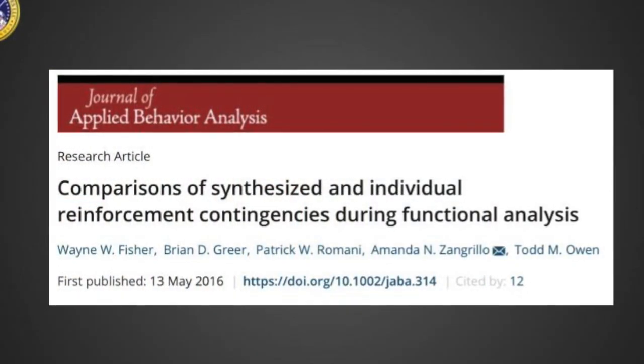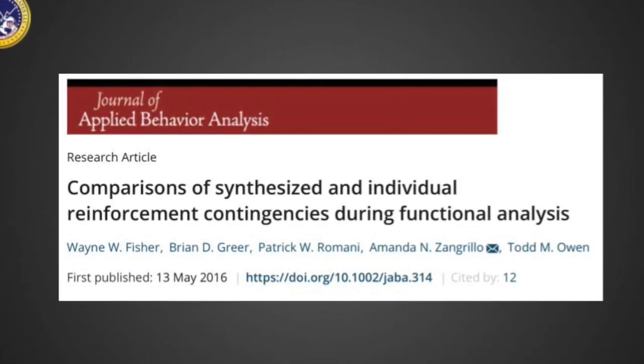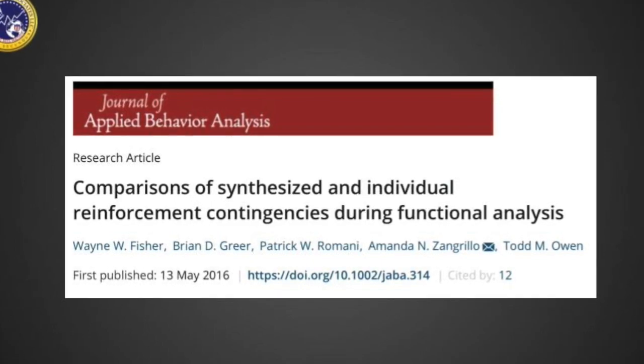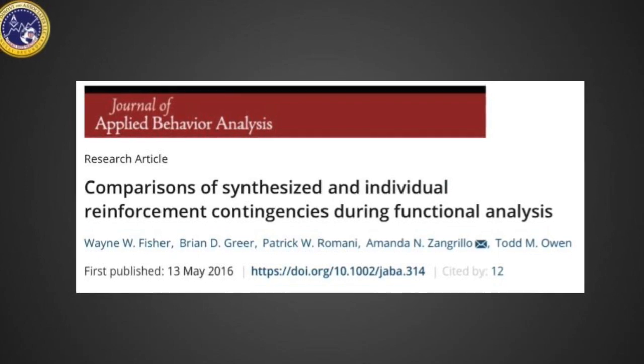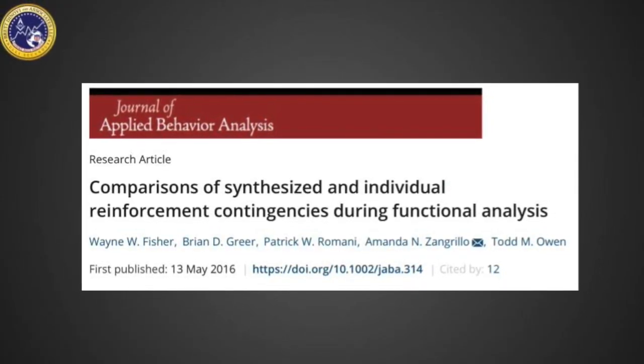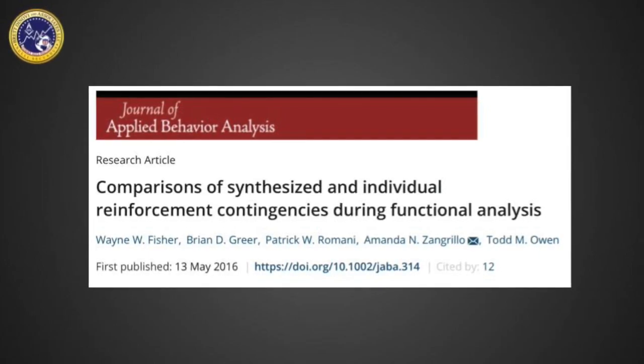Many would argue that this goes against everything we've been taught regarding functional analysis. Or you're doing the exact opposite of teasing out the controlling variables. You're really not coming up with the primary function. And in fact, there have been a number of studies that have attempted to prove these challenges against the IISCA. In this study, published in JABA, Dr. Wayne Fisher and colleagues found that the IISCA did not produce stronger experimental control than a traditional functional analysis. Their findings were derived from within-subject comparisons of the two approaches.